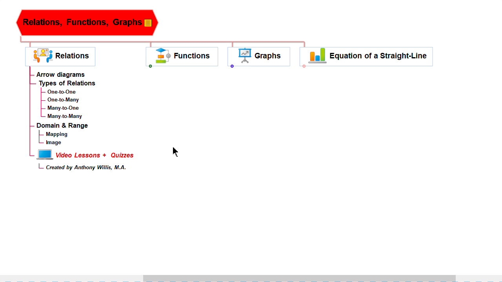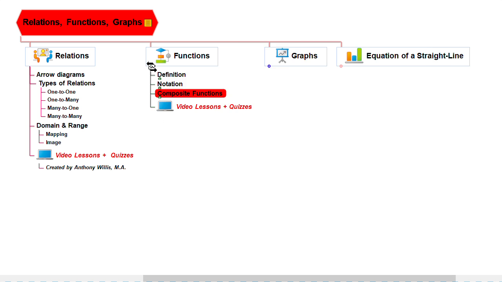So the modules we have created involve video lessons, dynamic interactive videos that explain each concept or each principle in detail. And then you have the opportunity to check your knowledge and understanding of those concepts and principles and processes. And you'll see worked examples in the videos. I'll walk you through step by step how to solve problems related to relations and so on. Another major element is functions,